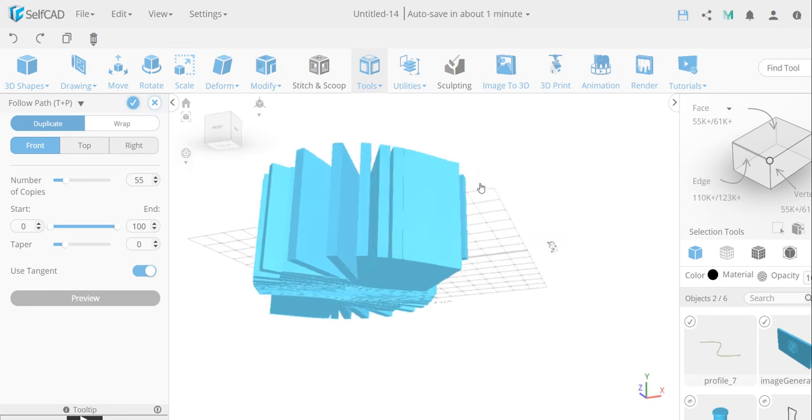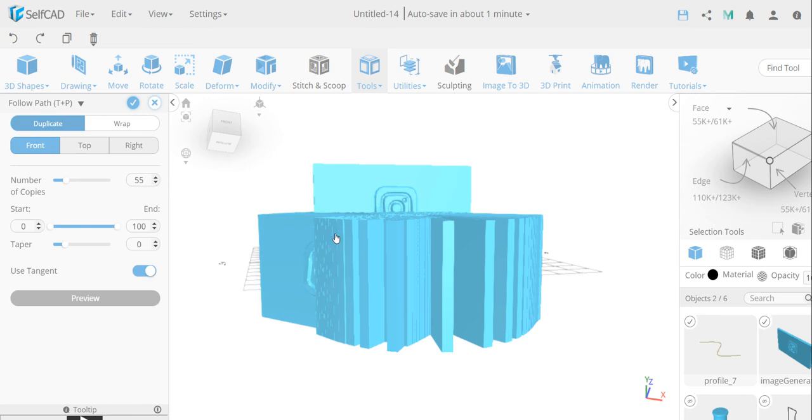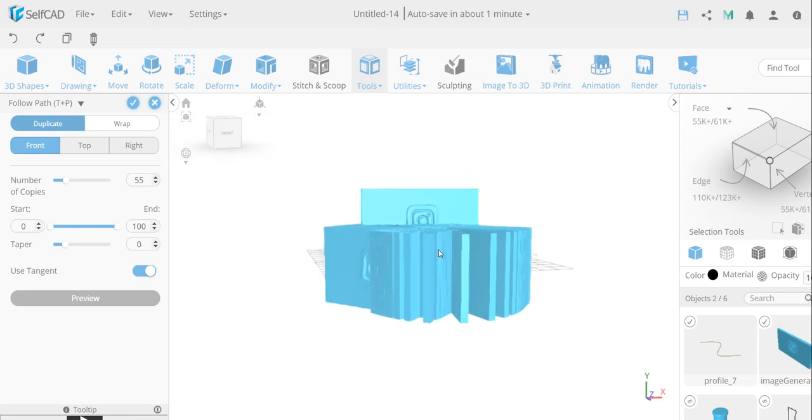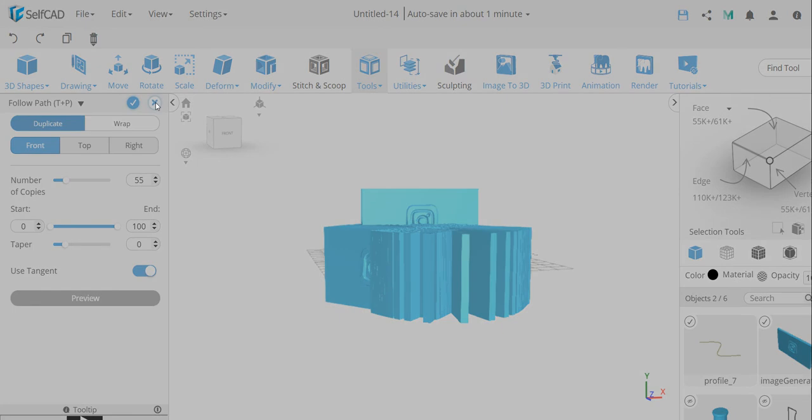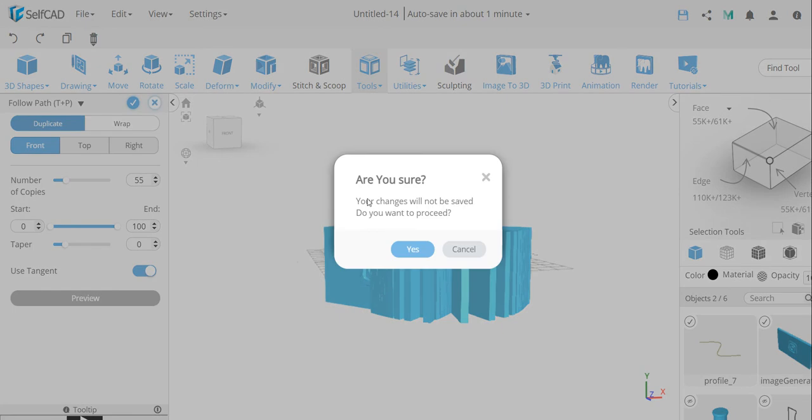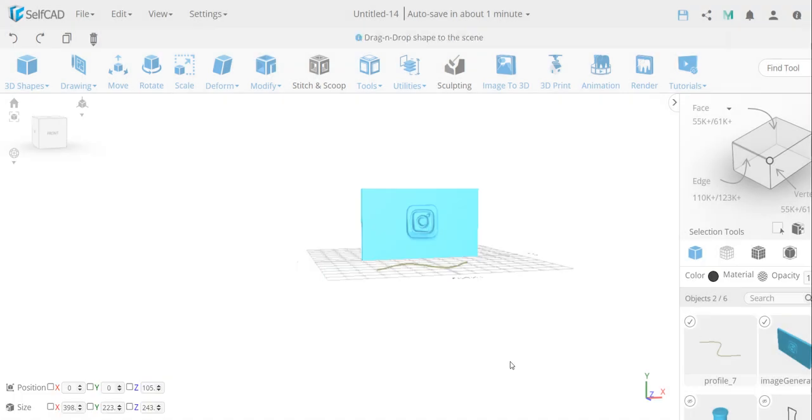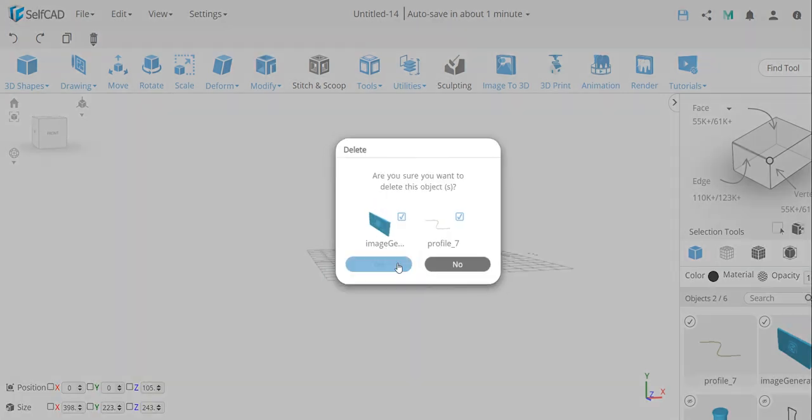Okay, this is getting heavier, so I'll show you in a small image. It will always ask you if you want to delete it or not. So let's delete everything,